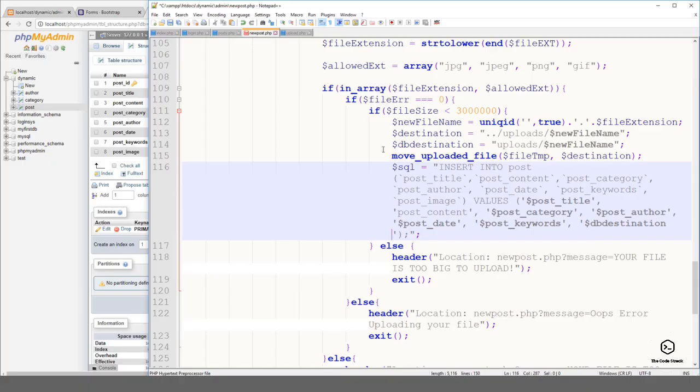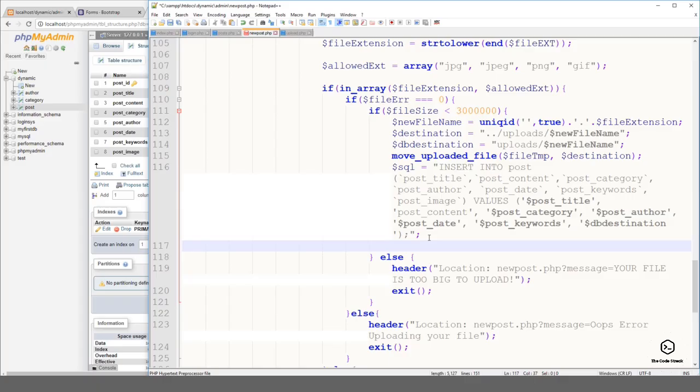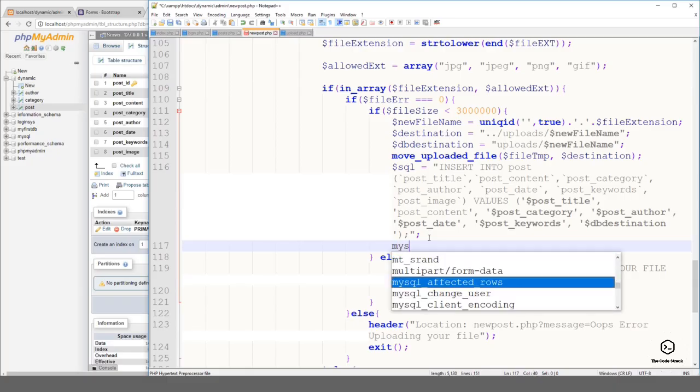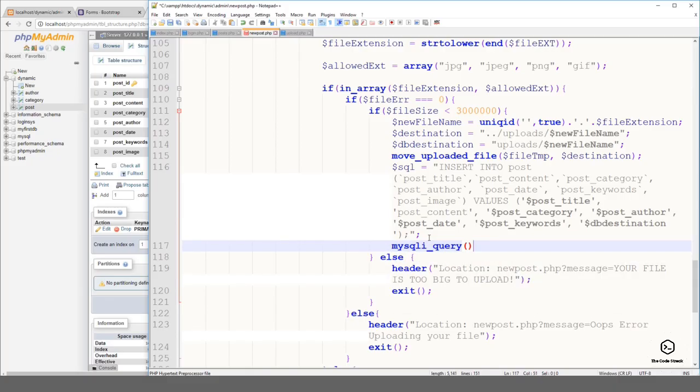Now, since we are done with the SQL query, we just have to go ahead and insert this post. So what we'll be doing right now is coming up here and writing mysqli underscore query. In here, you'll first write the connection to the database, and then the SQL. So we'll write $SQL. And now we just have to write, if my mysqli underscore query is actually successful,